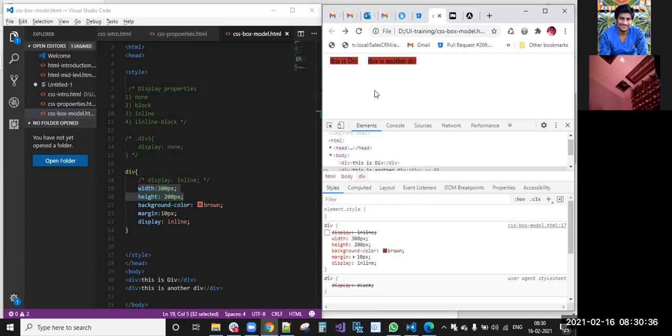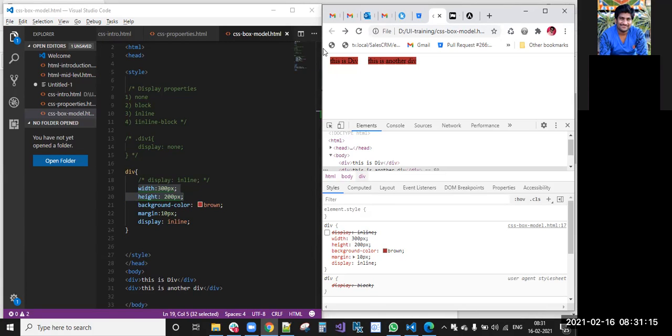Okay, display inline property. I told you, right, to make block level elements into inline elements, we use the display inline property. You are using the display inline property, but still you want to apply the width and height for the same div element. In that case, you can't use display inline, right? Because inline elements don't have width and height. But remember this, if you apply the display inline property anywhere,